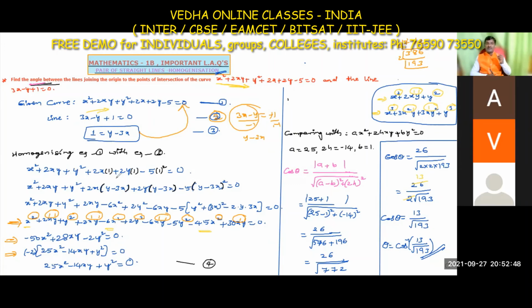So we took the equation of the curve, and the 2x term and 2y term multiplying by 1 and the constant term multiplying by 1 square. When we multiply by 1 or 1 square, there is no change in the value. And in place of that 1, I am substituting y minus 3x, y minus 3x, y minus 3x whole square. So the first 3 terms as it is, and here we multiplied with the first term and second term. Here also 2y into y, 2y into 3x.